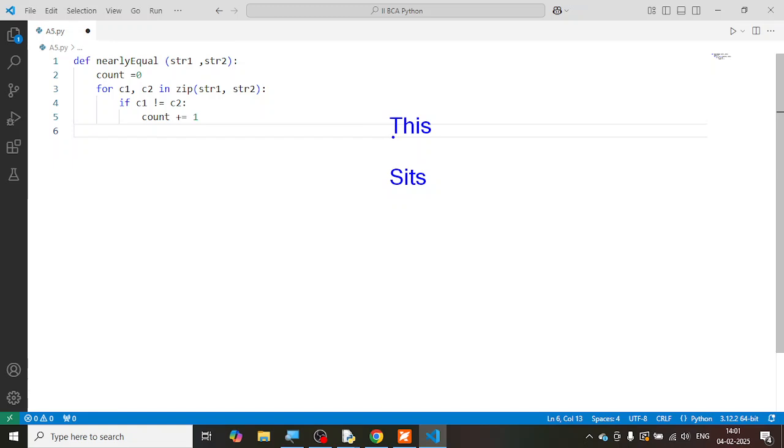Now the first character is not matching, but we still have hope that if the rest of them are matching, then I can say that they are nearly equal. But when I take the second character, they are not matching. That's the end of it. So if two characters are not matching, there is no need to check the third character